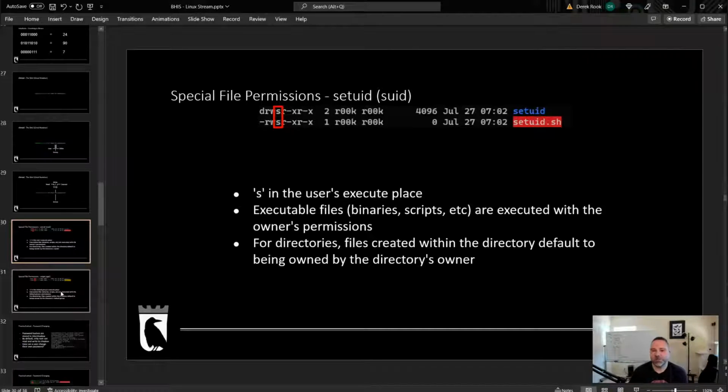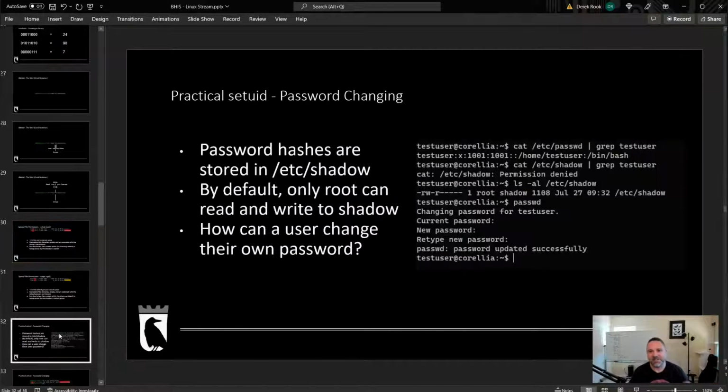If I was to create a binary or a script on a computer, and I wanted other people to be able to run it with the same permissions I have, so it needs to read special files that I've created that nobody else has access to, then I can set the setuid permission bit, and other people, when they run this script, will execute it with my permissions. A real world example of this, that if you've ever used a Linux computer day to day you've probably run into, is password changing.